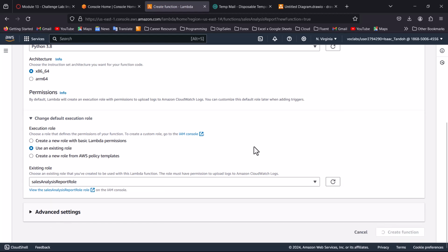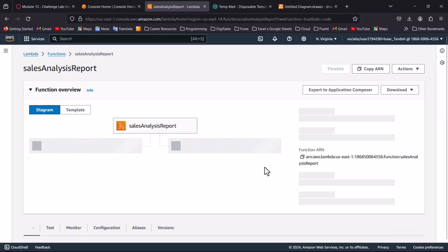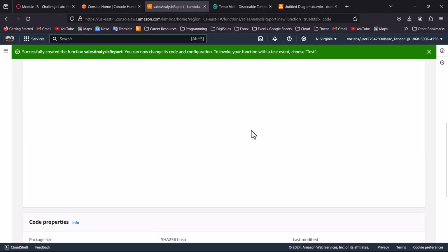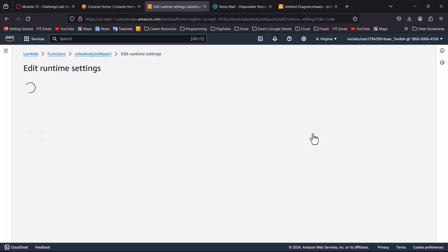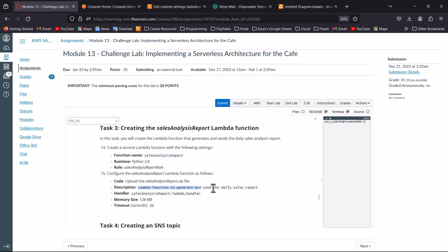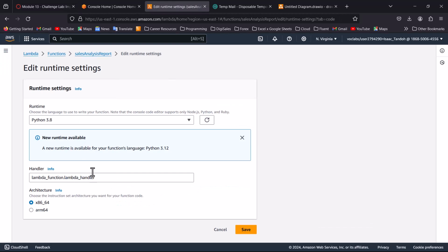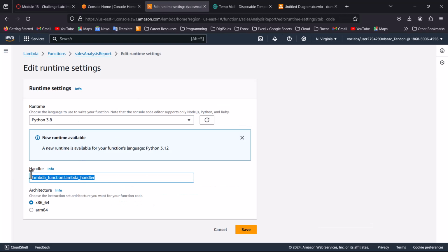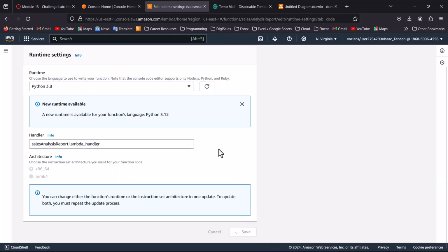So I've created the function. Just as we did for the previous one, we'll do some extra configurations in there. Okay. So the function is created. Let me scroll down. I'll edit this. So the description is "Lambda function to generate and send daily sales reports," right? So I'll copy this, and okay, so this is for the handler, sorry. So let me change the handler. I'll copy this, paste it in here, save,